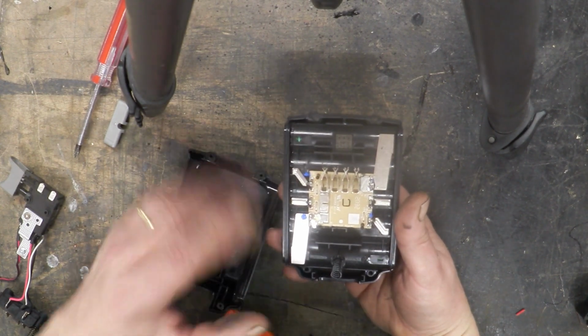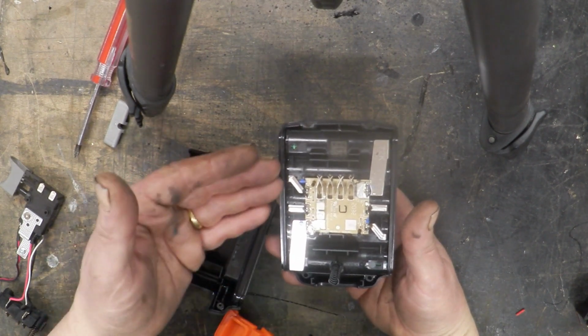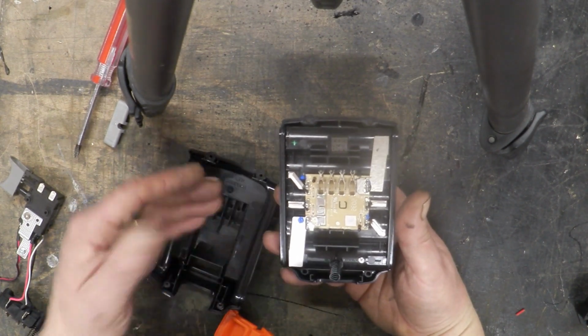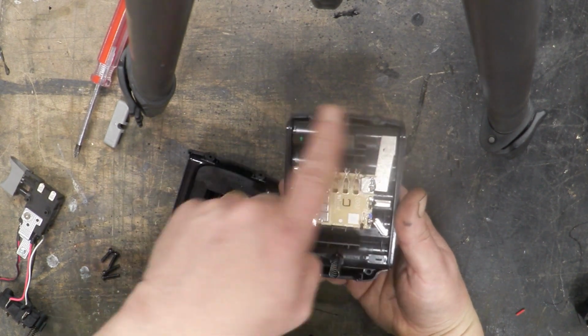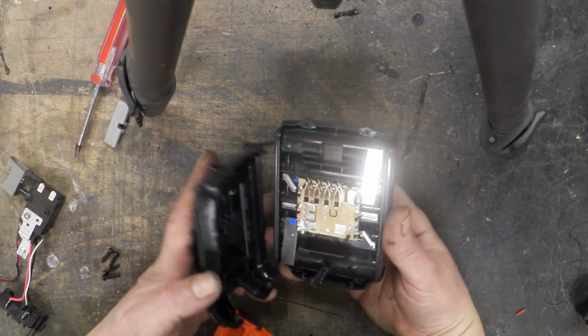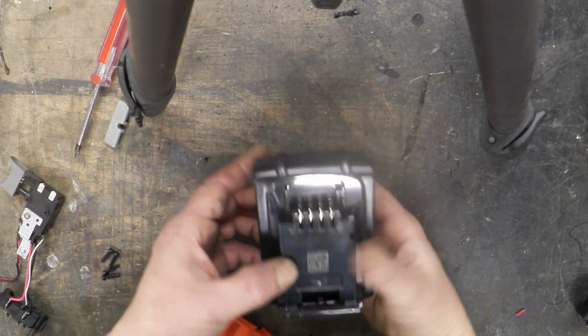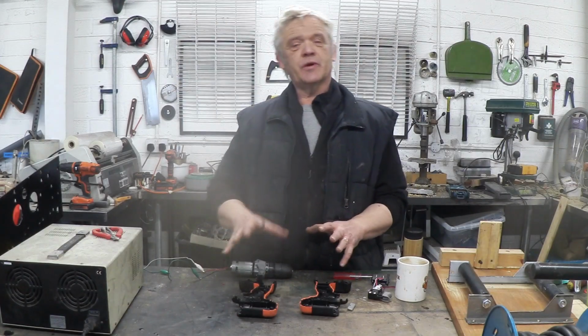If you're buying a new one, then you can reuse this stuff, or one that's got some life in it, you can certainly take that apart. I haven't taken it apart because it would mean breaking these, because they really don't want you in, so it's glued in, and you have to smash them open to get the actual cells out. I'm a bit reluctant to do that because it's already in a nice case, and I'm likely to reuse that case. So I've given this its own video because I wanted to point out to you how immensely useful those